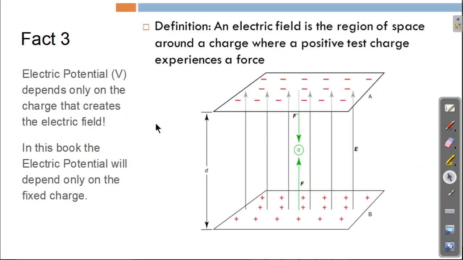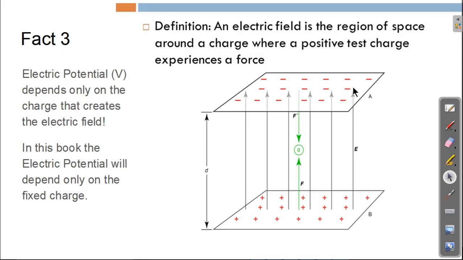Let's go to fact number 3. Electric potential, here's your capital V, depends only on the charge that creates the electric field. So here, at least for this course, who's creating the electrical field? We have this plate full of negative charges and this plate full of positive charges. When we draw electrical fields, remember, we draw lines that don't cross one another, and those are the arrows that you see here that represent the electrical field. So those two are responsible for the electrical field that's created here,